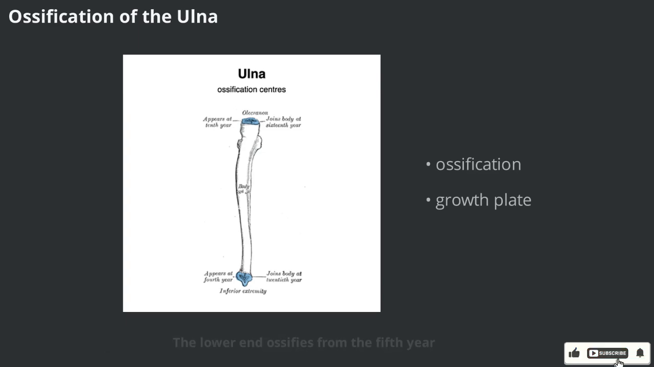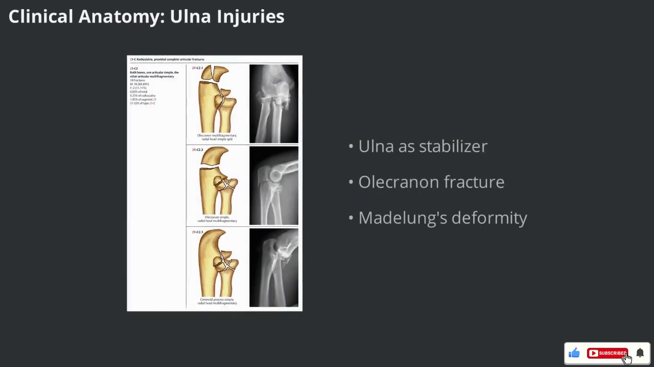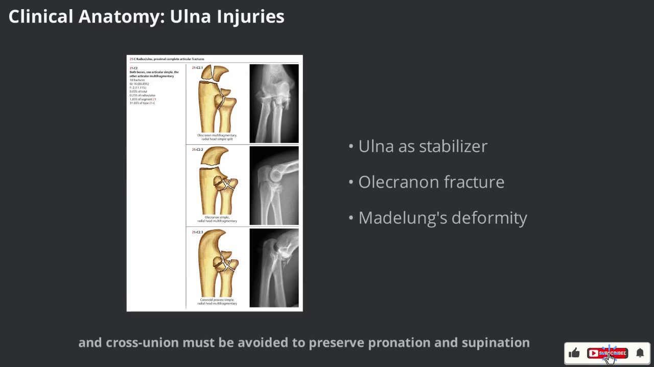The lower end ossifies from the 5th year and joins the shaft by the 18th year. This sequence is important for understanding growth and the healing of fractures in children. The ulna is the stabilizing bone of the forearm, with its trochlear notch gripping the humerus. Fractures of the shaft may occur alone or with the radius, and cross-union must be avoided to preserve pronation and